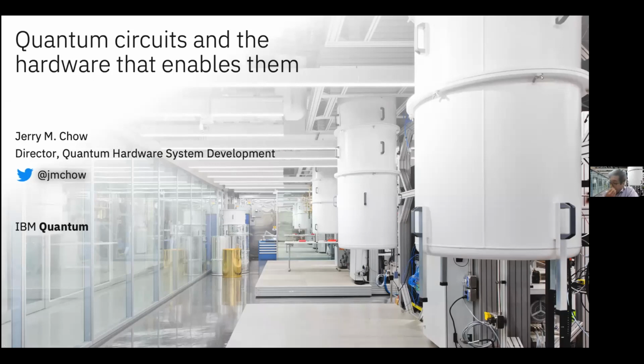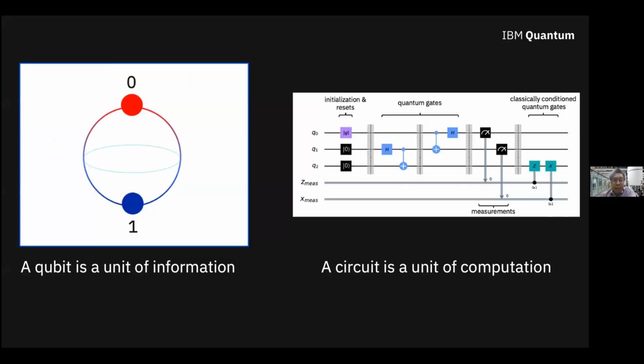What I want to do today is give the framework of why we're building all these systems and what we're really driving towards with these quantum systems, in terms of where we see there could be value. The framework I like to start with is one in which we don't necessarily land on the qubit being the key thing, but in fact it's the quantum circuit.